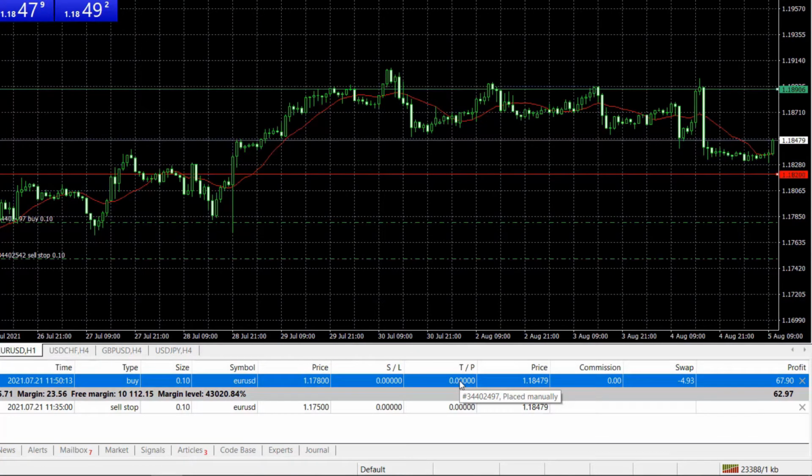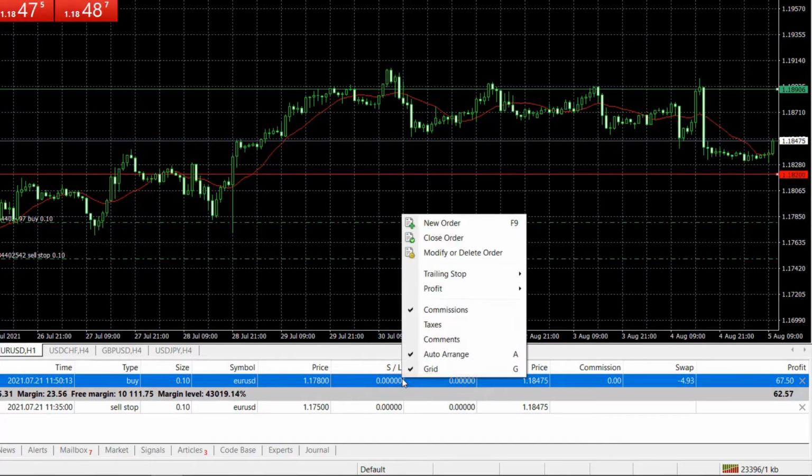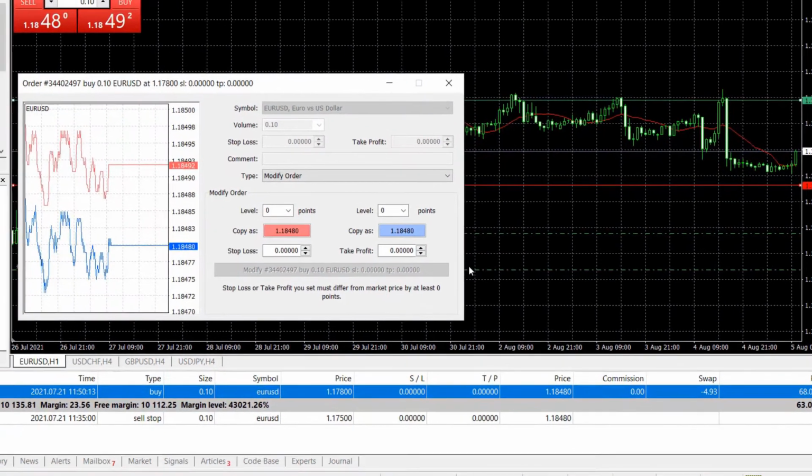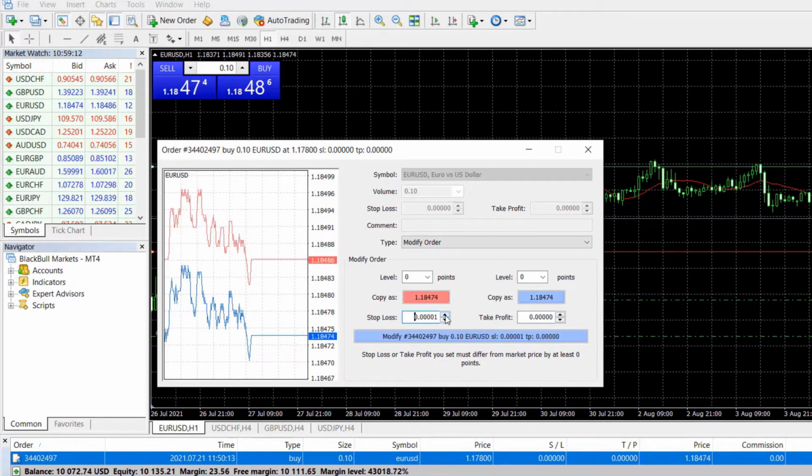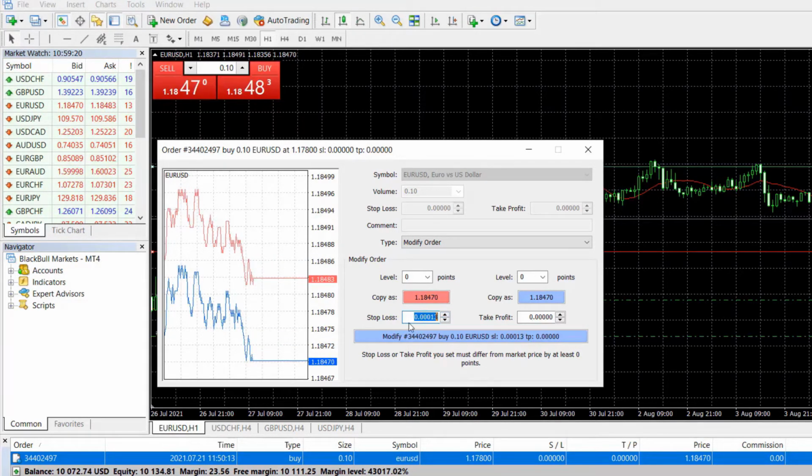So the question now is how to set a stop loss in MetaTrader 4 if you have an open position. If you have bought or sold, and in the terminal you see stop loss and take profit set to 0, I will right click over it and go to modify or delete order. No worries, you won't delete the order, just click on that and you will see the boxes. Here you can use the arrows to increase it, but obviously it will take you ages to reach 118 or something. So what you can do is just mark it and then type the value, for example